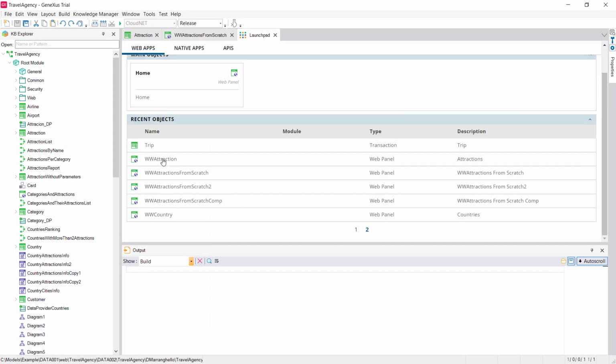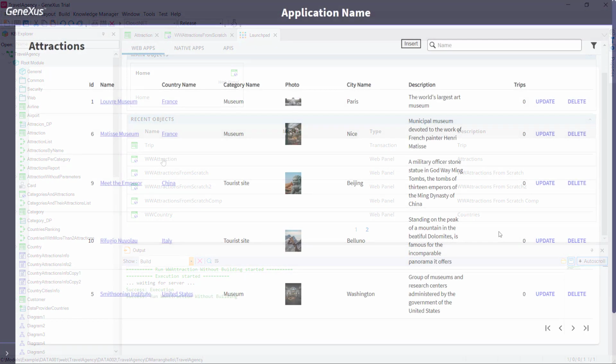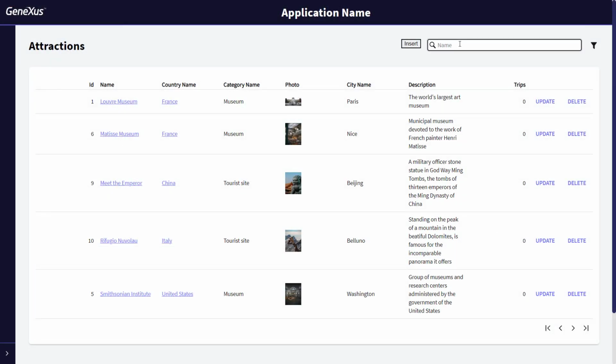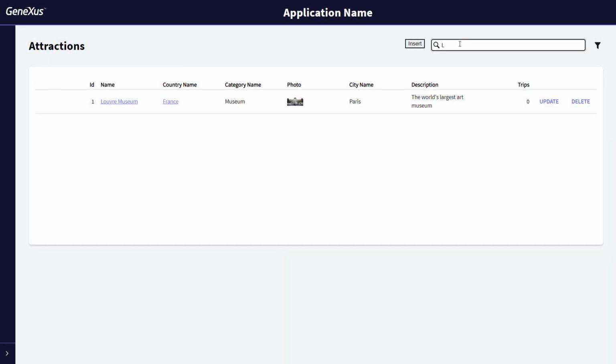First, let's look at the behavior of the web panel created automatically from the pattern section of the attraction transaction. We filter by attraction name by entering the letter L. All the attractions that begin with this letter will be displayed. In this case, the only one that has been entered with this characteristic is the Louvre Museum. Now, we select the action to update this attraction.